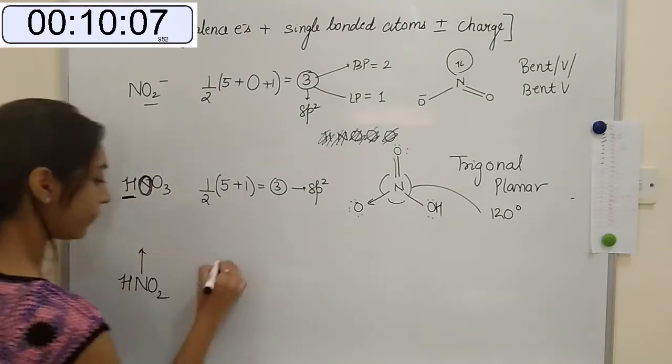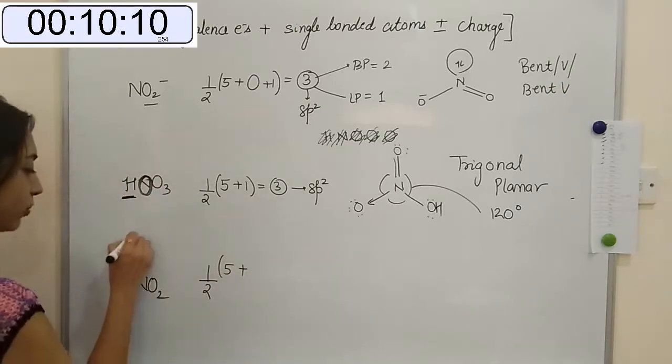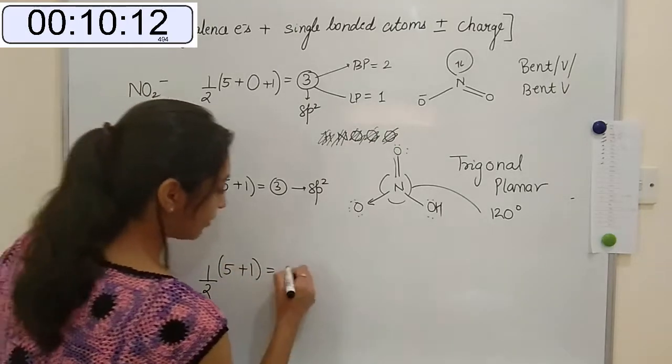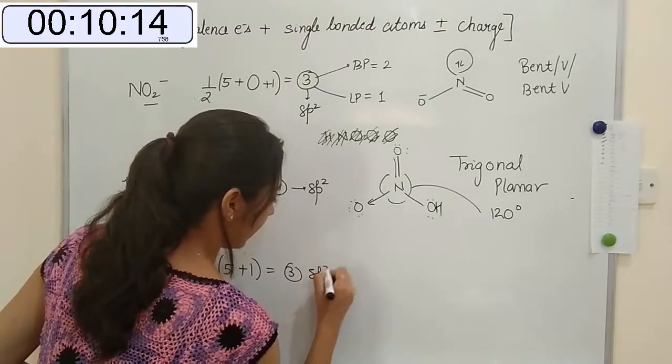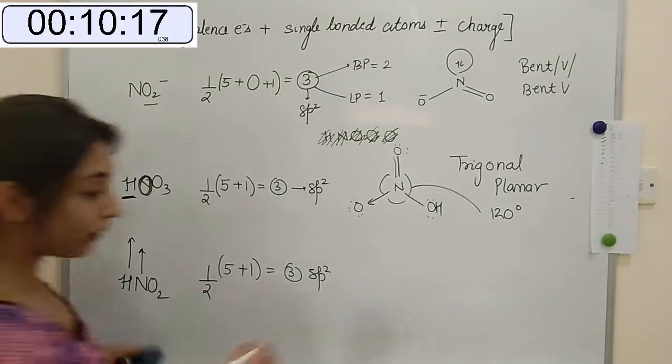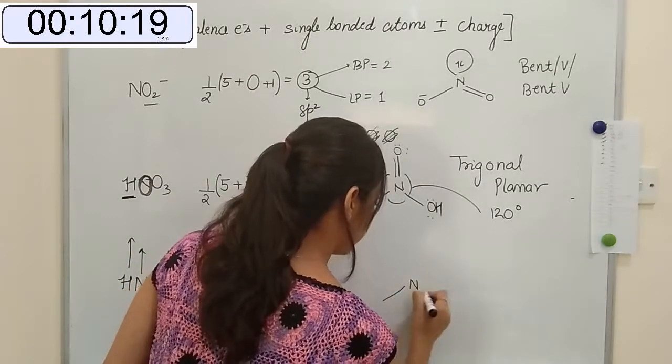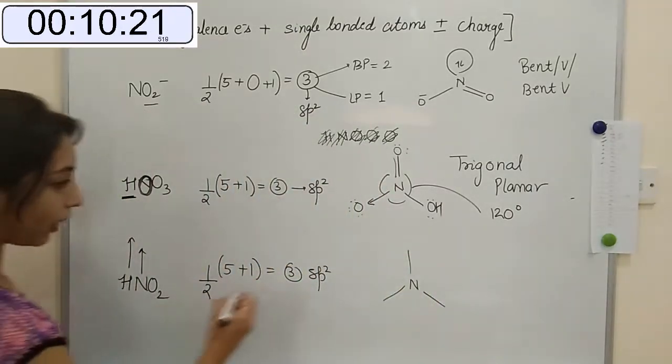Moving on to HNO2, half. Nitrogen is the central atom, 5. Number of atoms attached by single bond, 1. So it is 6 by 2, 3. 3 means sp2. But let's be careful. Nitrogen has to form these bonds, right? So I'll write now